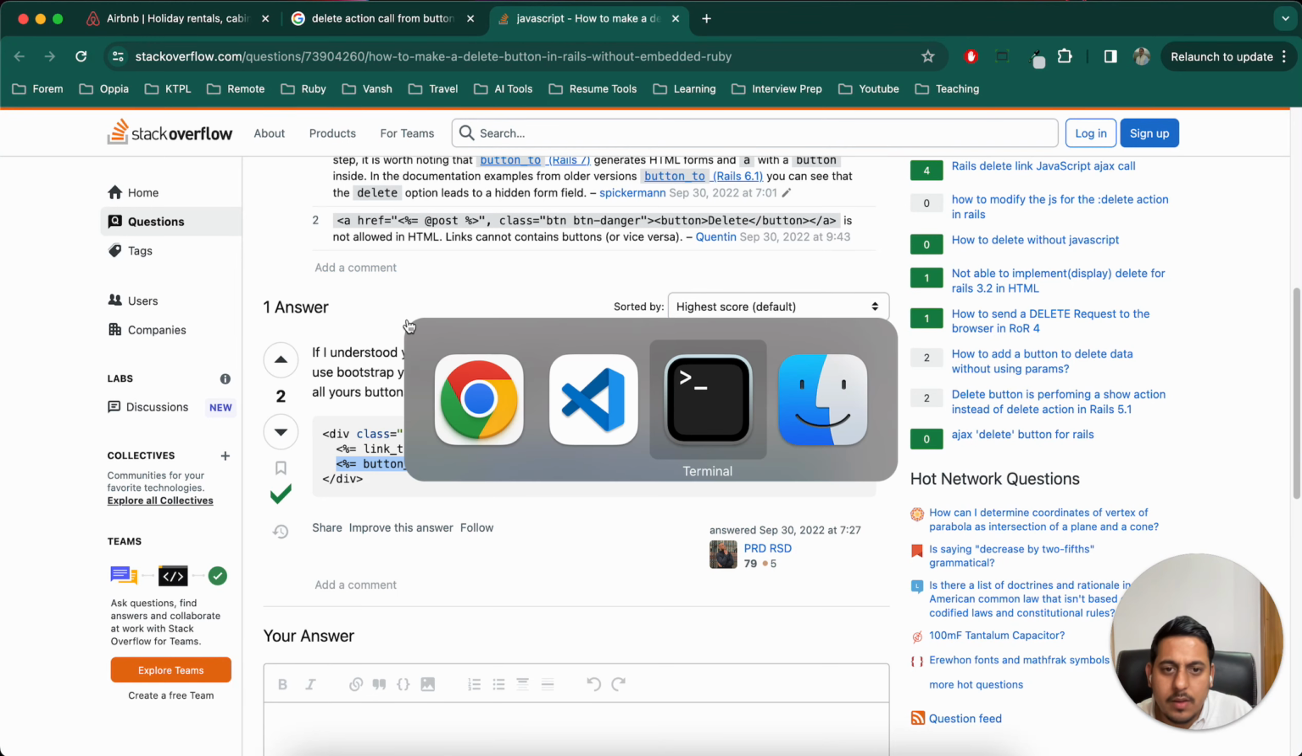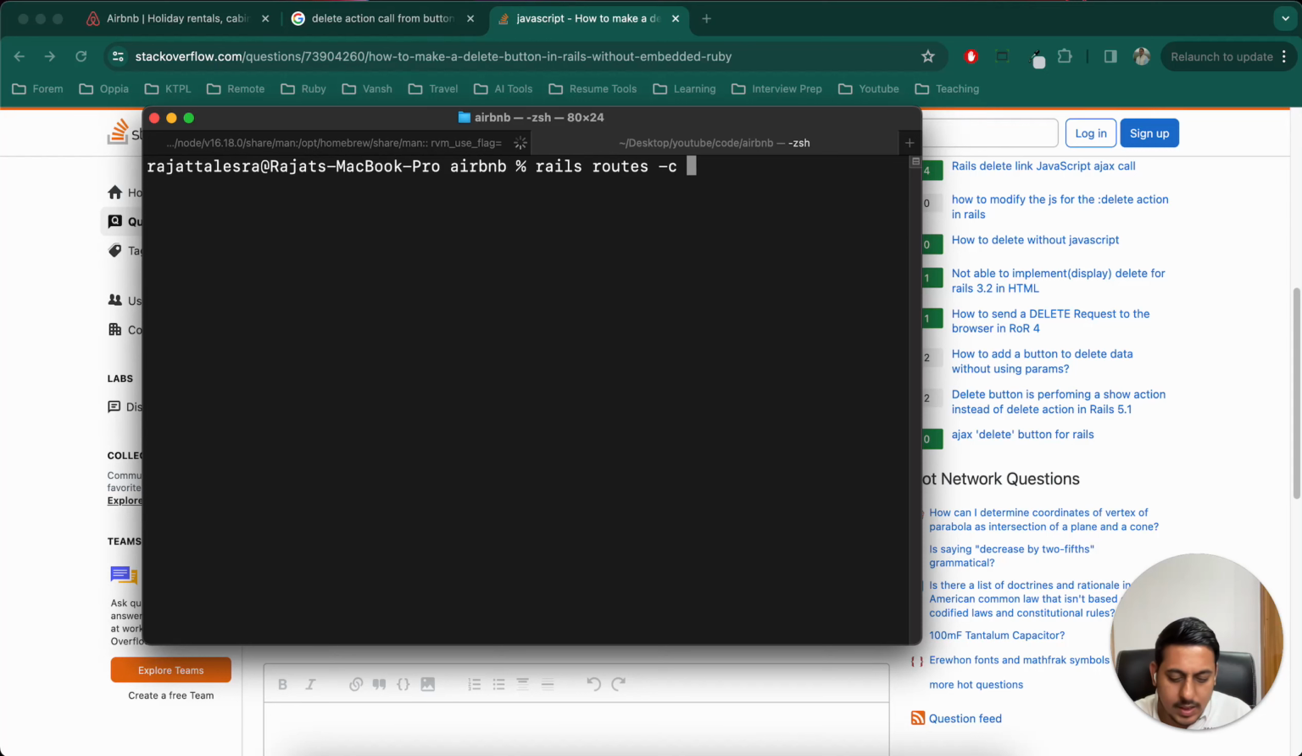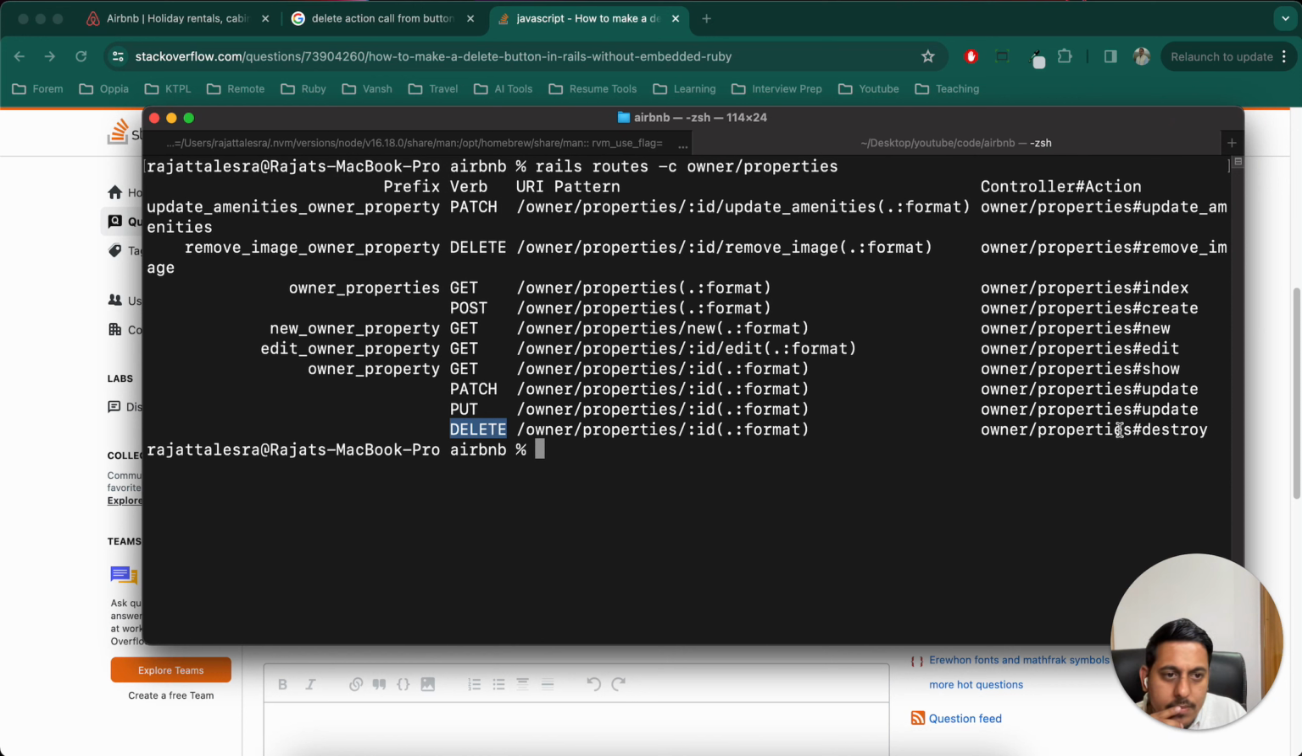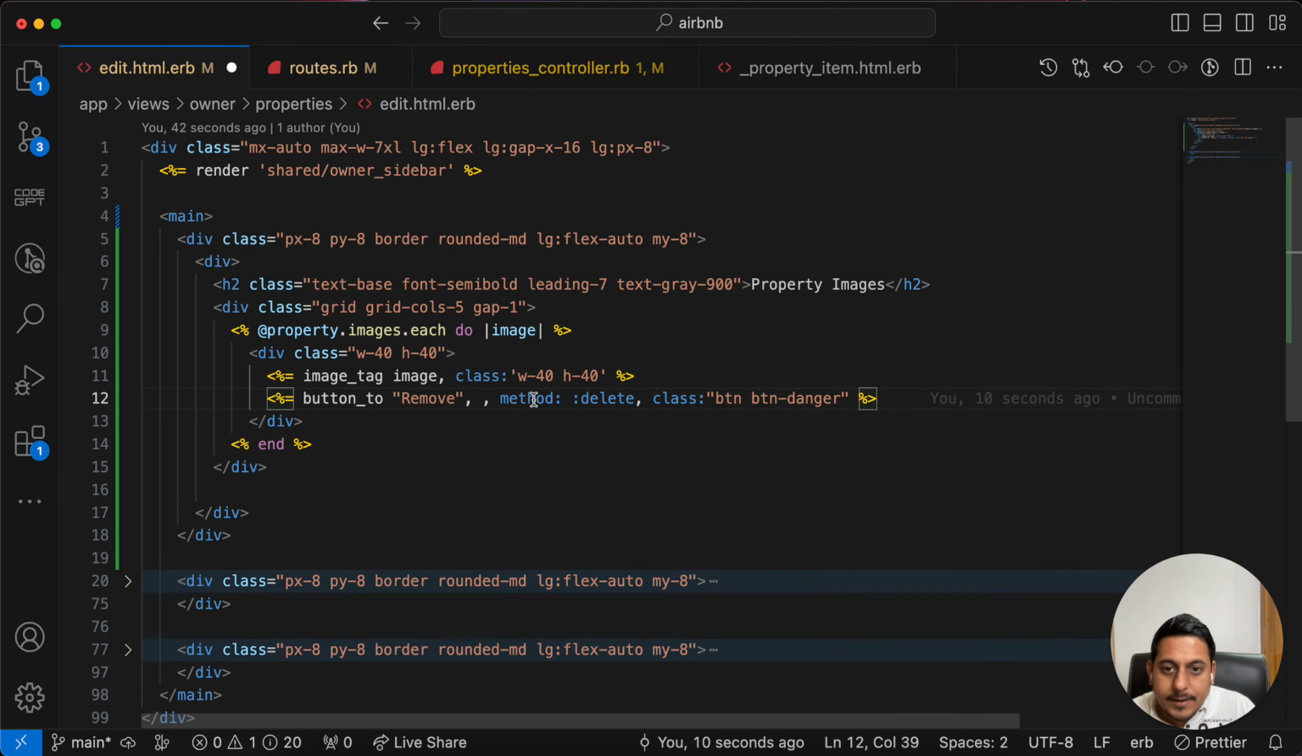So how can we find the path? Rails routes -c owner properties, and we have these actions. I want this remove image. This delete or destroy action is for removing the entire property. We don't want to do that in here right now. Actually we will have to add a UI for that also. Nice. For now let's focus on this underscore path, and in this what I want to pass is image ID,